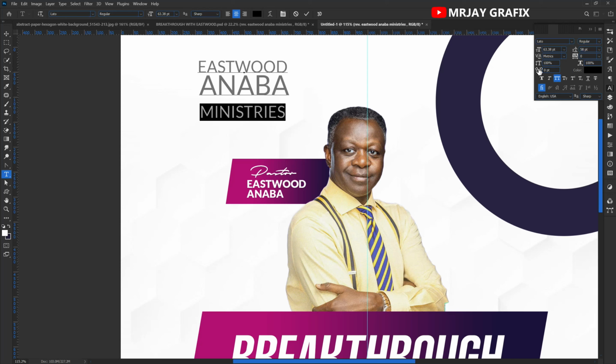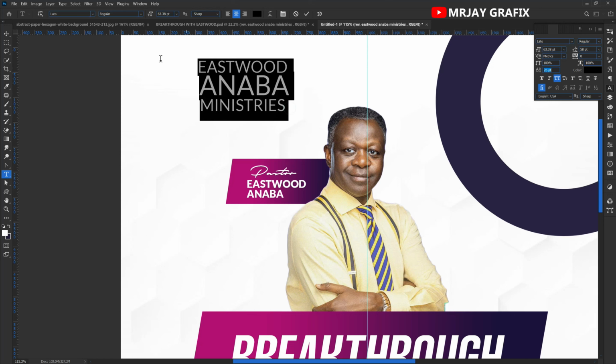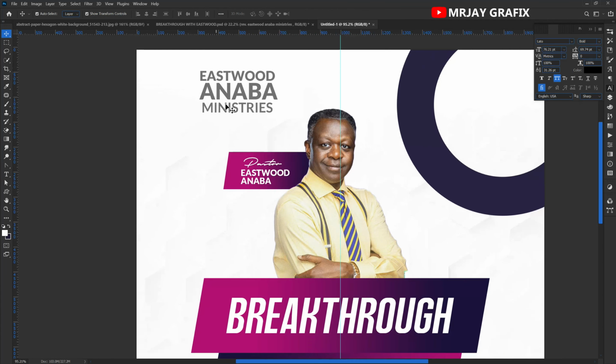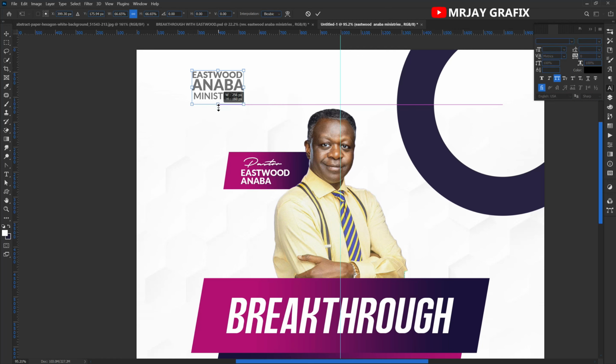Use this one to close the space. Now I'm going to type, so I'm going to use the Lato black, and then use this one for the bold like that. Okay, so I'm going to leave that right here, decrease the size,